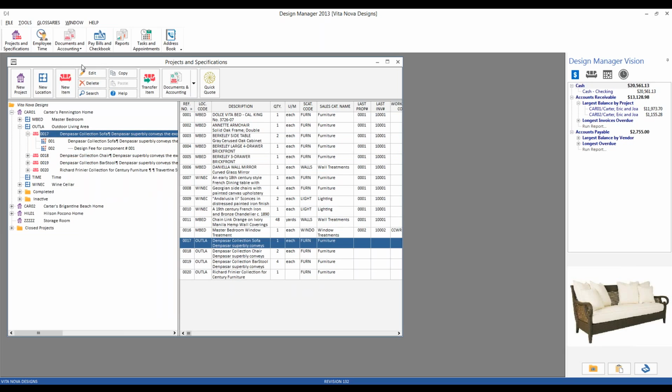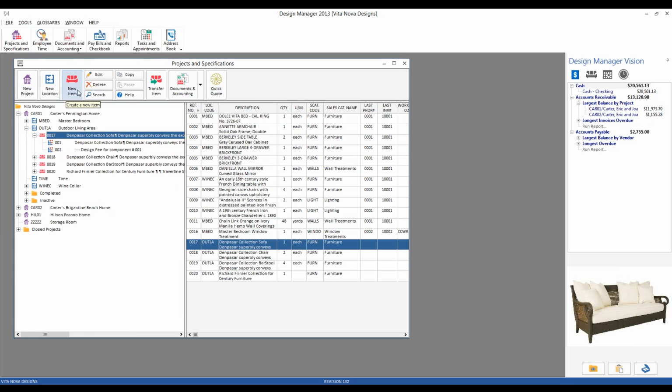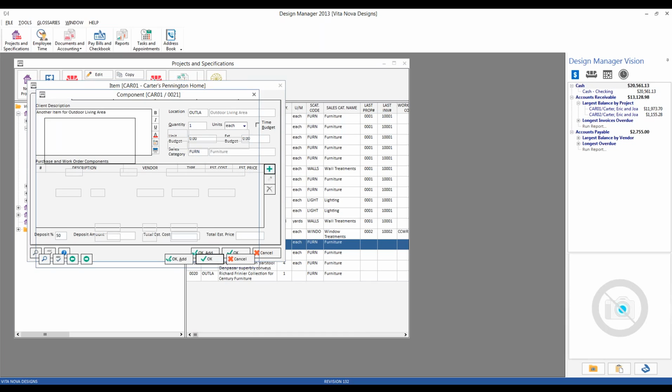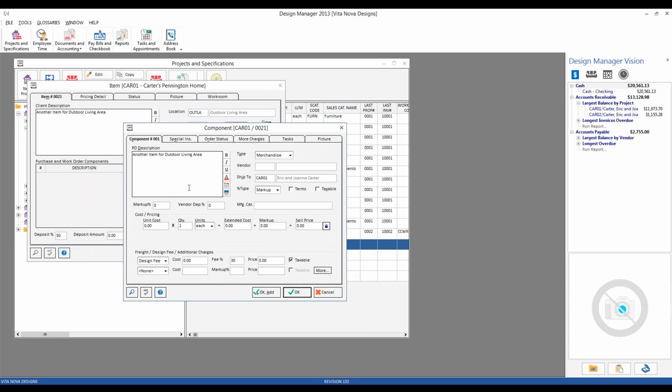And let's add an item to see how that functions. We'll create a new item in our outdoor living area, quantity, unit of measure, let's put this as furniture, and if we click on the add button as indicated by the green plus sign, get down to our component window, and let's say that it's going to cost us an even $1,000. Now notice, as soon as I tab out of the cost field, Design Manager calculates my prices through